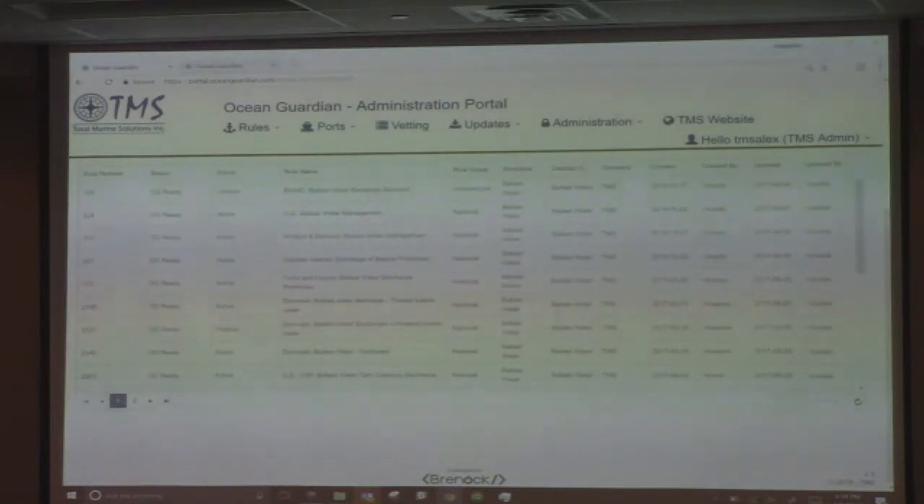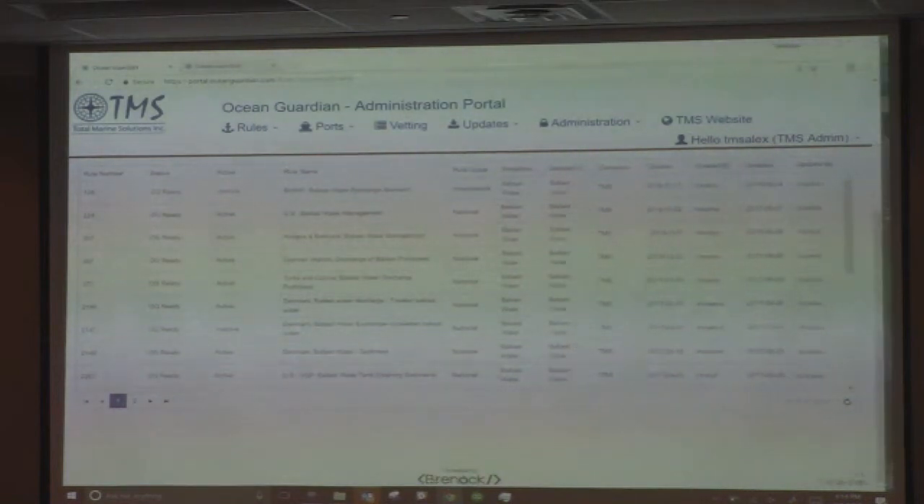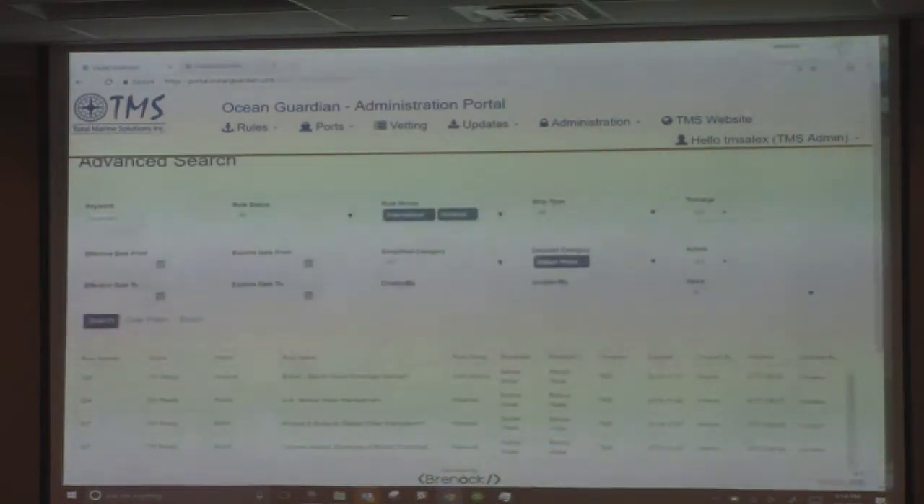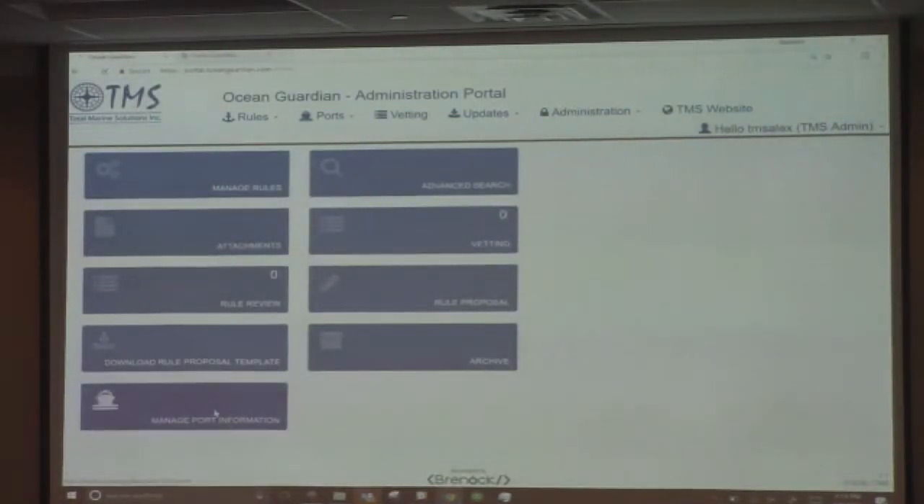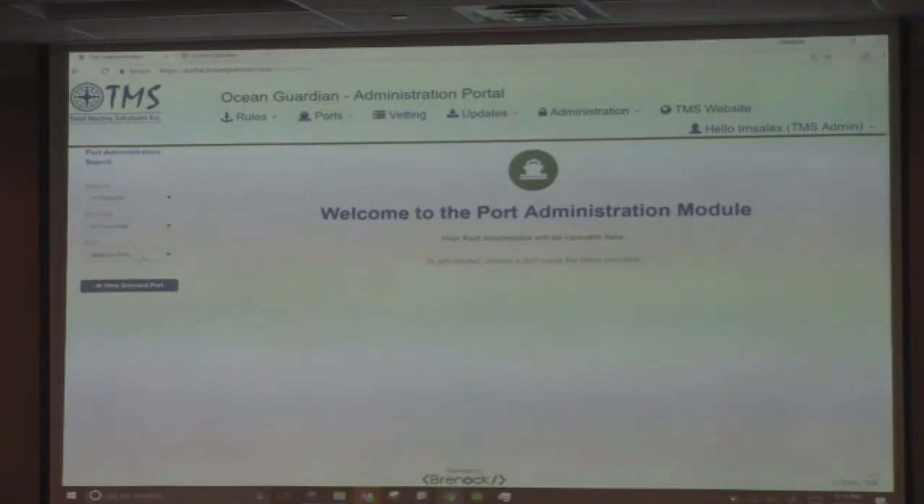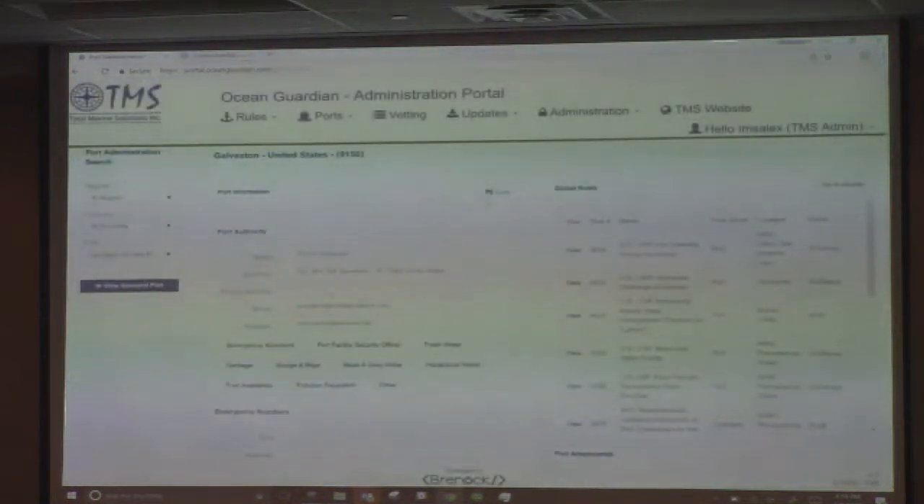And you can see that there's 27 vetted regulations related to sediment and ballast water. Showing the port section of it, where we're managing the port information. I believe I heard your drill is based on the entry into the Port of Galveston. So you'll have some general port information, and any regulation that applies to Galveston or that specific port will